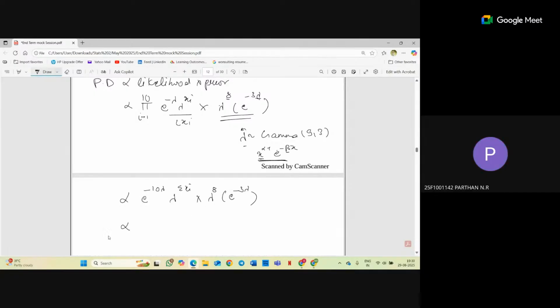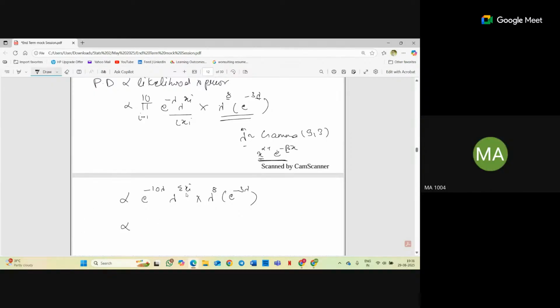Ma'am, is there any other place where I can get the formulas for all of this? Like in the question paper, the formula sheets will be given. You don't need to memorize these. Already you have the formula sheets. You can memorize them, well and good, but otherwise you can see in the formula sheet. Okay, ma'am.